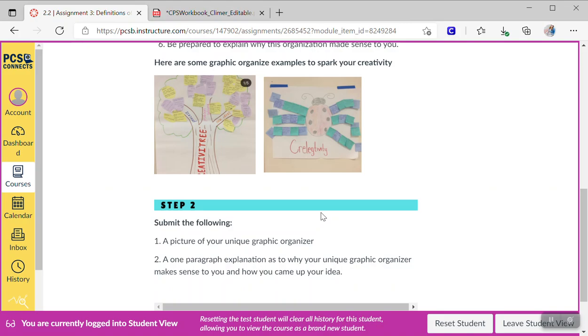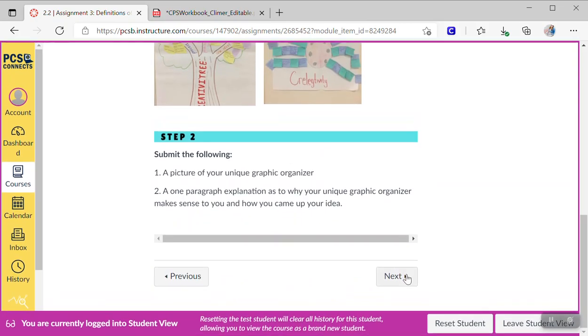If you're doing this on a piece of paper or hands-on because you're creating something fun, just make sure you attach a picture of your graphic organizer and a Word document or explanation of why you chose what you did, your 1-paragraph explanation. So either way, it's up to you. I'm not going to box you in on how you want to be creative here, but make sure I have the organizer and the explanation, that I'm not missing one of those pieces, because I'll mark it incomplete and send it back to you.